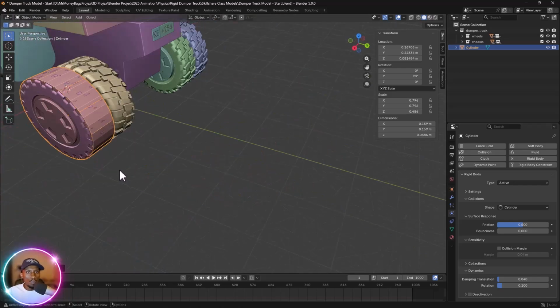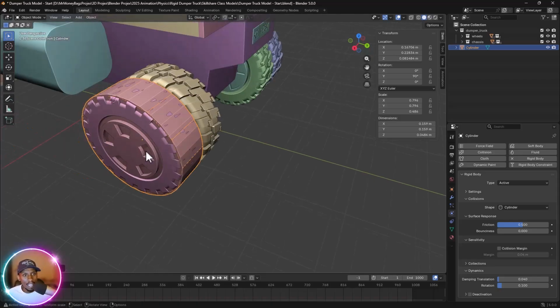the ghost of our wheel, because this is the collision shape. This is what the physics is going to be acting on. It's not going to be acting on the actual tires. We're going to parent the tires to the collision shapes. And so what the collision shapes do, the tires do. So that's why we want to make sure the collision shape is almost the same exact size as one of